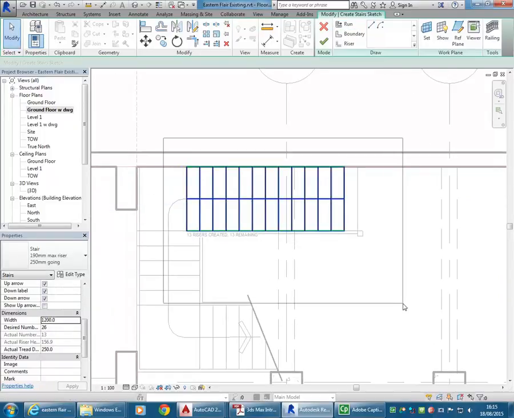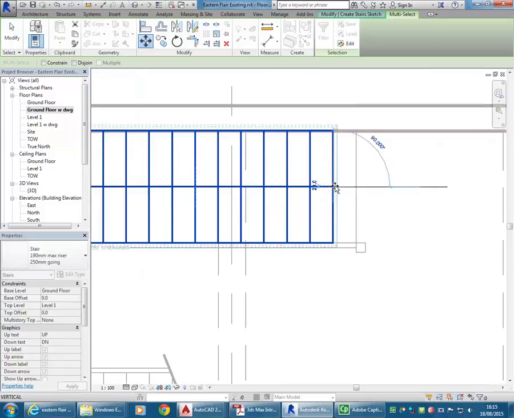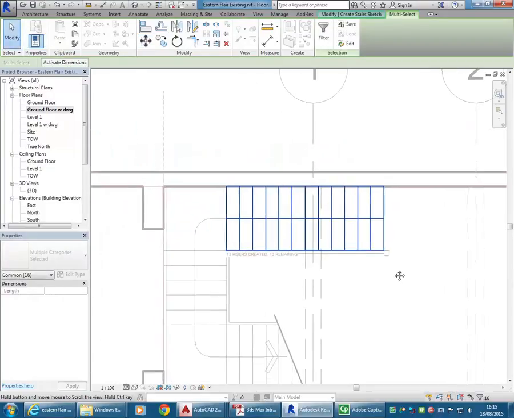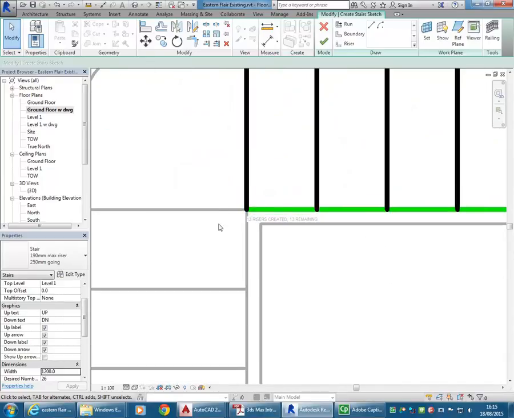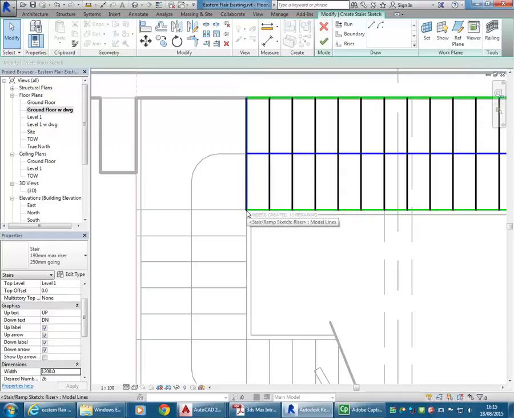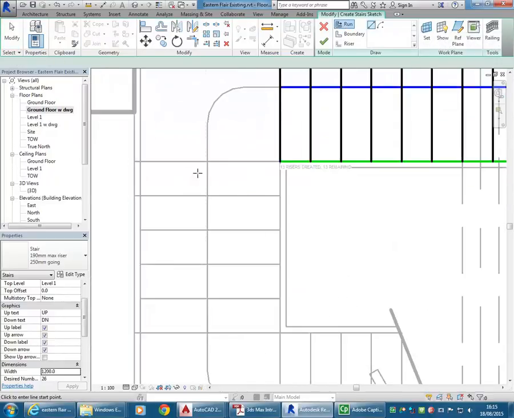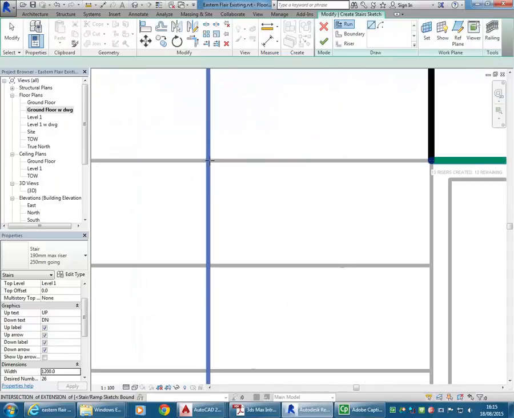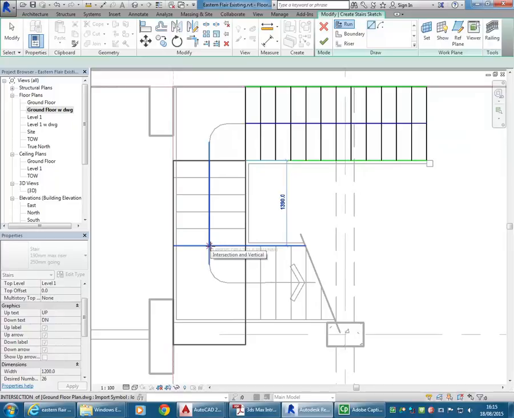Pressing escape a couple of times, I can select that all with a window, and using move it back to the right so it starts in the right place. Right, so it's good to set up things this way so that the flight finishes at exactly the point you need it to, so when you go to draw your next run, you can start again, so on this intersection, and come down to the end of that flight,